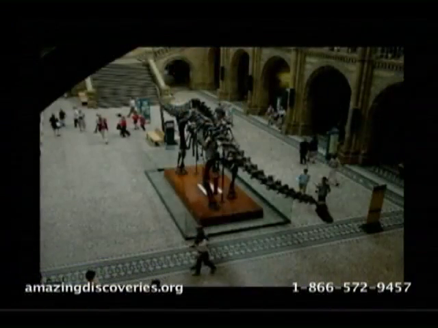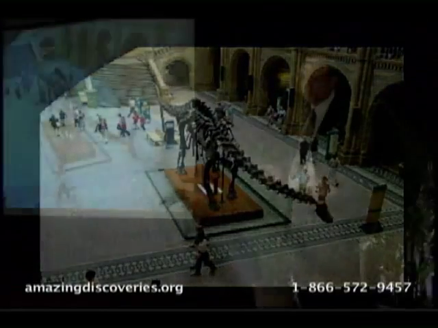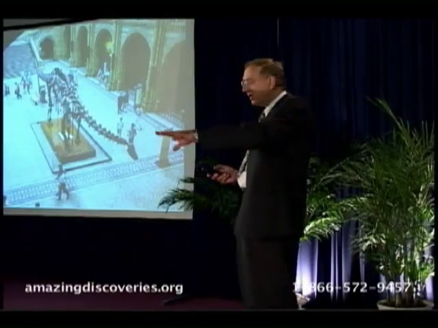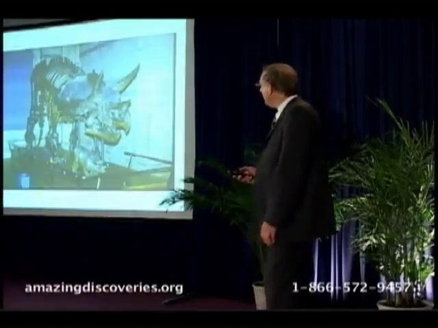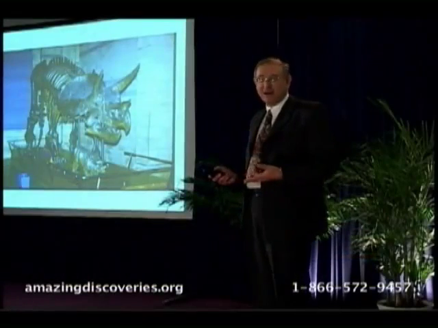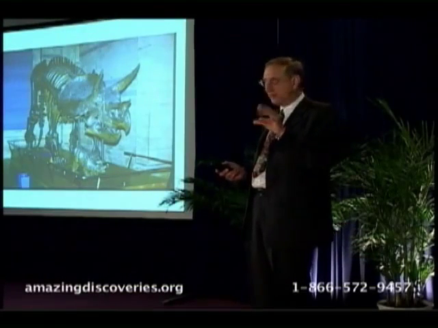Here is one of them on display in the Museum of Natural History in London. You can see by the scale of things, these things were huge. This creature was probably a swamp creature, walking in swamps and feeding off the swamps. And here is a triceratops, obviously a plant feeder. Look at its mouth. It's exactly like any creature that would eat plants. Tortoises have mouths like that, so this was a plant creature.